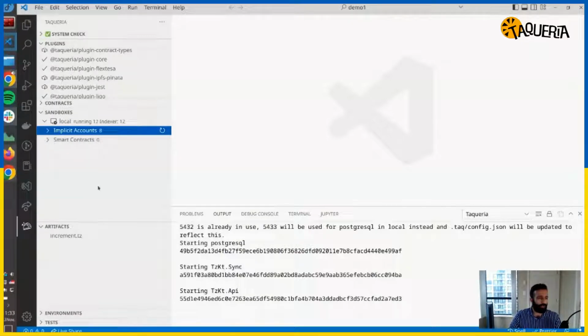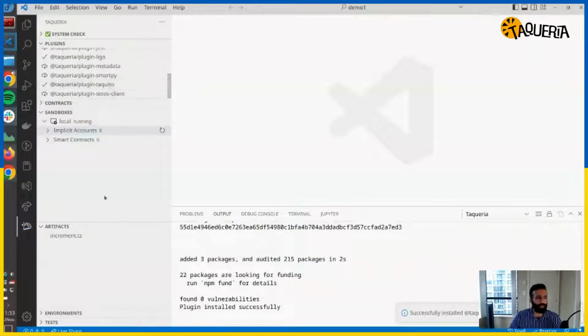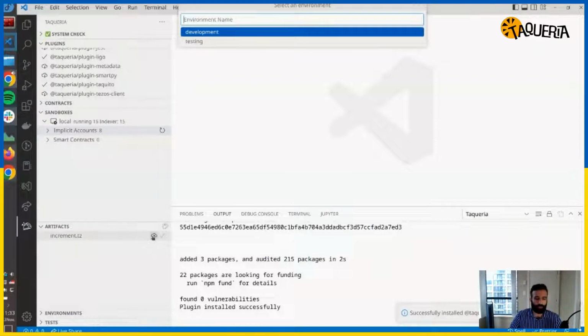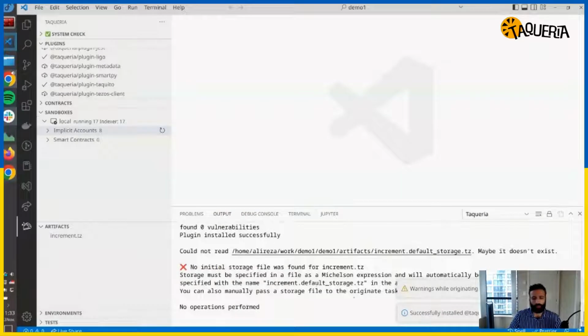So let's try to deploy our contract. To be able to deploy it, we need the Taquito plugin. So I'm going to install it, and now I can try to deploy this. I have two environments, and this sandbox belongs to the development environment. So I'm going to do that, but I can't deploy this because